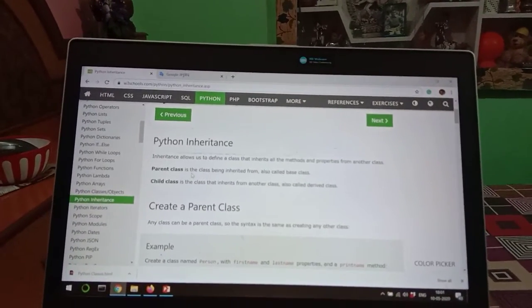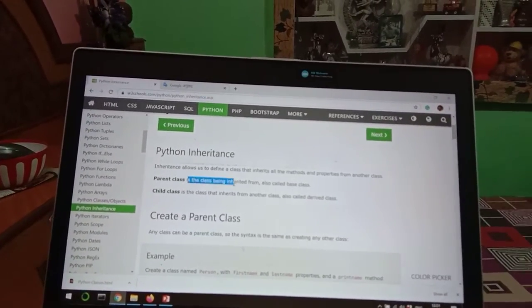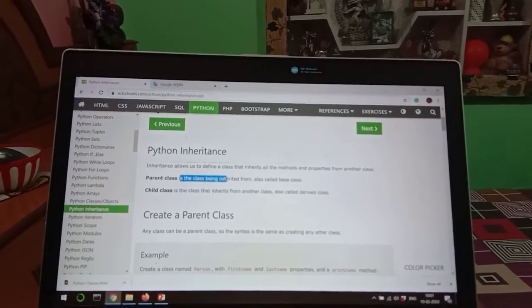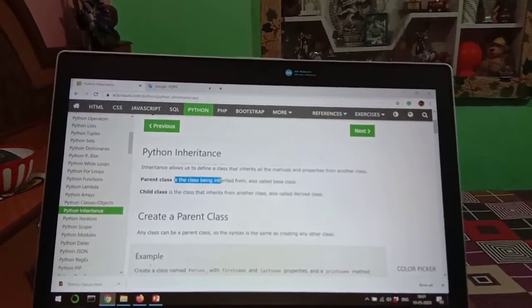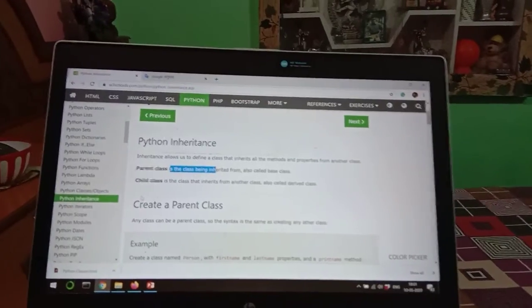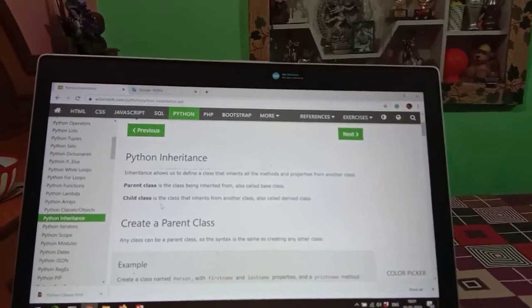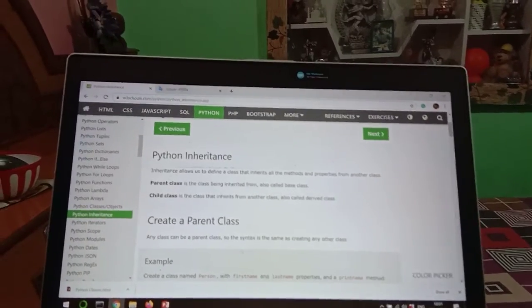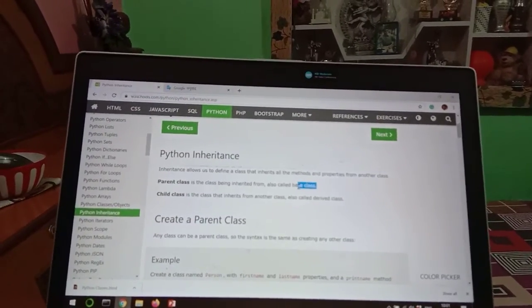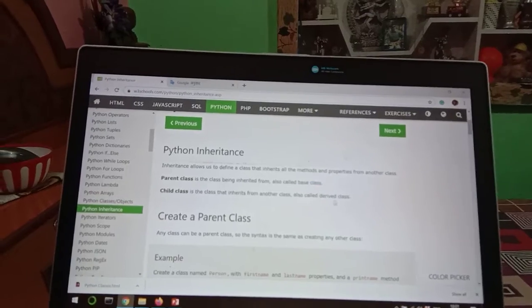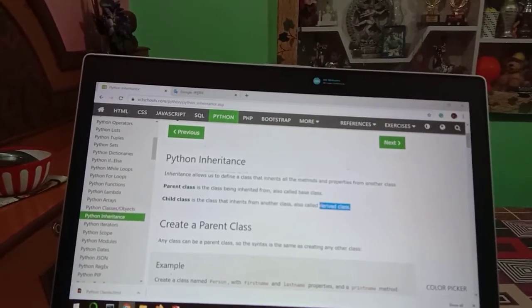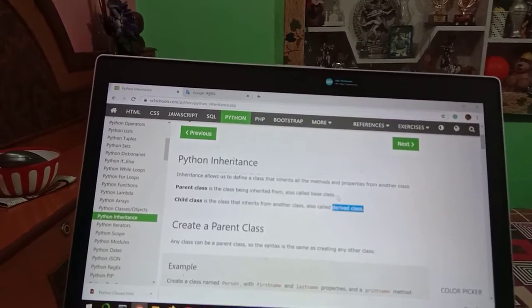It provides the properties that will be inherited by some class, and that class is called the child class. The child class is the class that inherits from another class, also called the derived class. So the parent class is the base class and the child class is the derived class. This derived class takes the properties of the parent class, that is the base class.